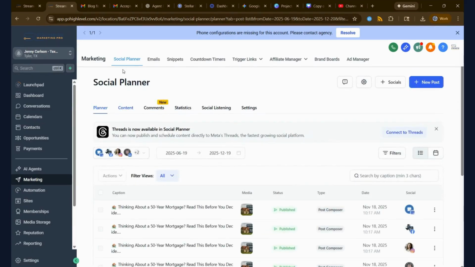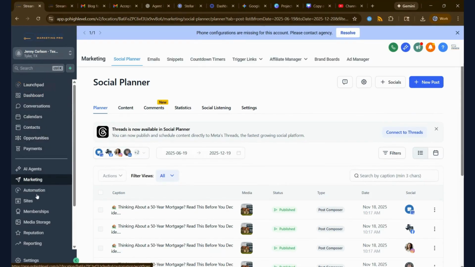So we were in the social planner. So it's just opening the social planner again. But what that does is it gives you two screens here. And again, you can do as many of these as you want. So you could go into every single menu item and have a tab for every single menu item if you wanted to. In this case, we're going to stick with the two tabs, and one's going to be on the social planner, and the other one, we're going to jump down and we're going to find our template suite,